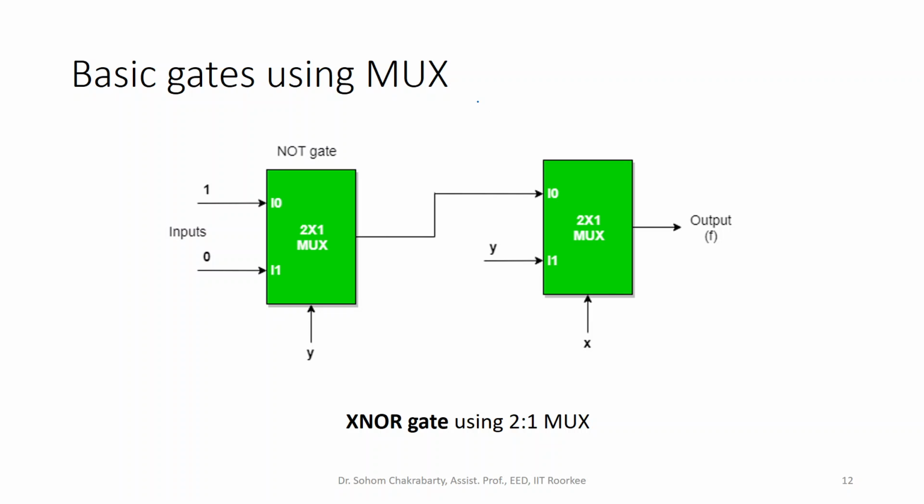Now the NOT gate is also given here, and you can see very simply that when y is 0, you should have output as 1. So 1 should come out. When y is 1, 0 should come out. So that is the NOT gate function. That NOT gate is appearing here, in combination with another mux here, and ultimately this particular combination is going to give rise to the XNOR truth table. That truth table I urge you to verify yourself.